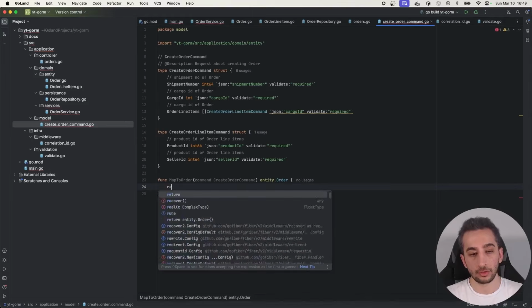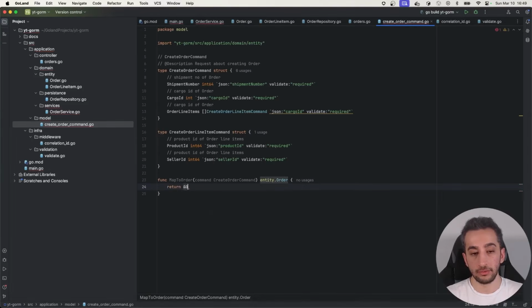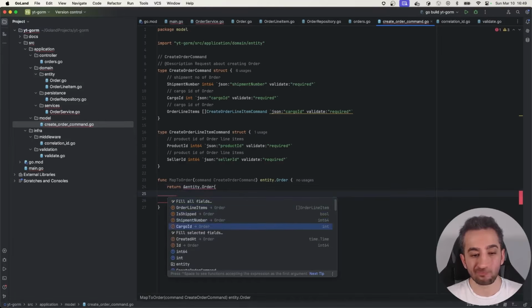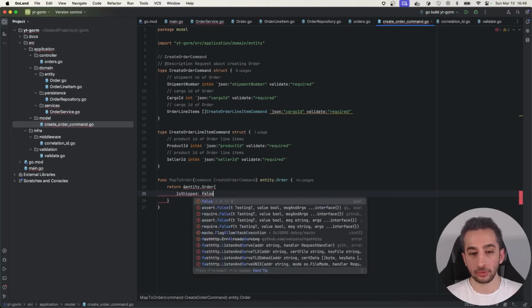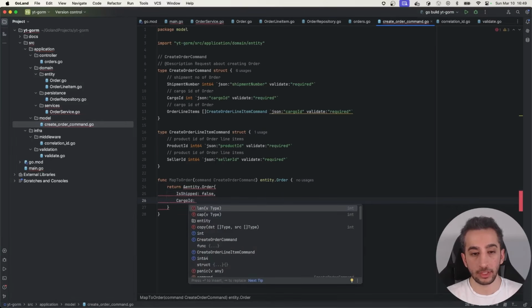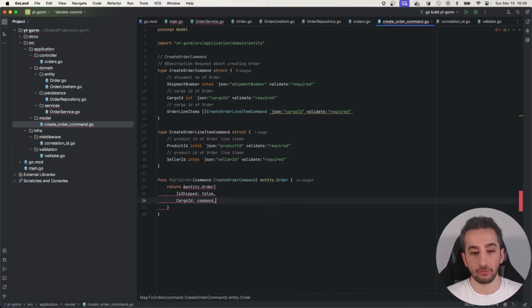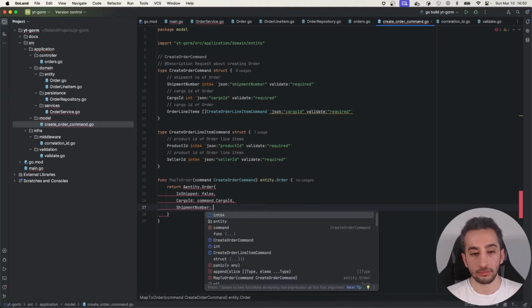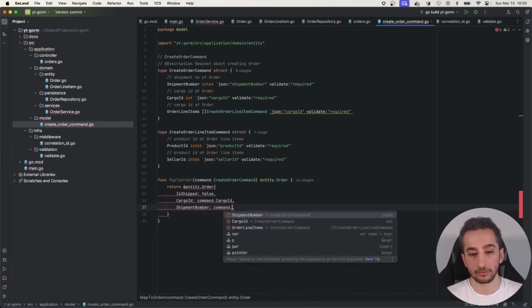Okay, so it will return a new order. What it needs: issued, which is false for creation. It needs cargo ID, which command has. Yes, it needs shipment number. It is command dot shipment number,